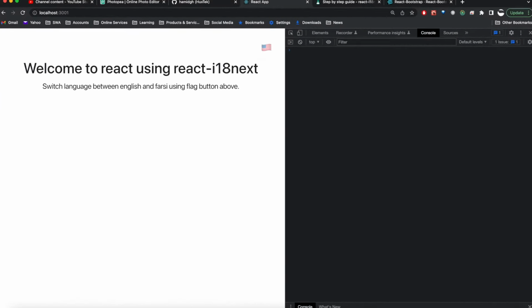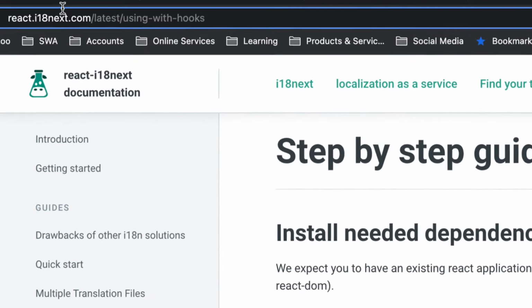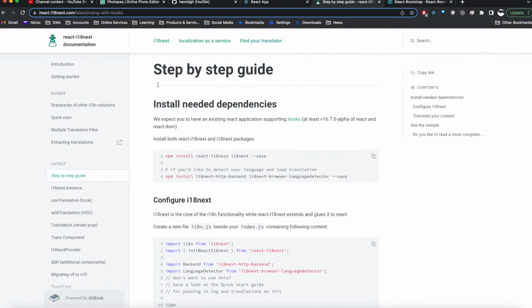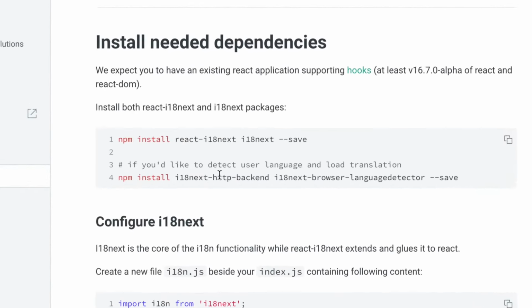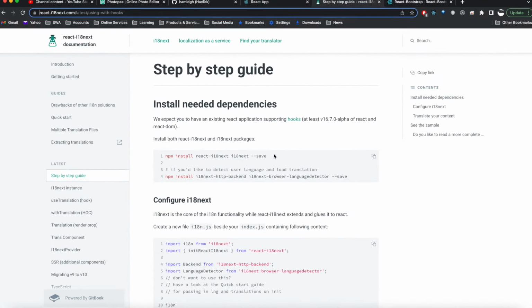Okay, one way of implementing internationalization, changing the language in your application, is to use a library called react-i18next. This is specifically for React development. I'll add the link to the description of this tutorial. If you go to this URL, you will see the step-by-step installation. First it says that we have to install the packages that we need, which is react-i18next and all of the backend stuff that we need. So I'll just copy these and then go back to my terminal and try to